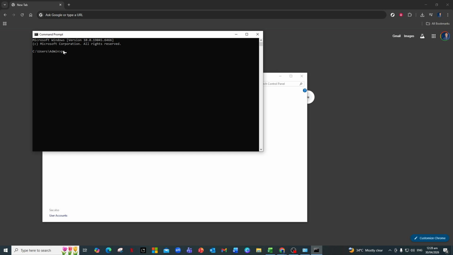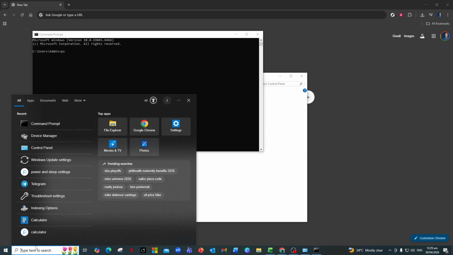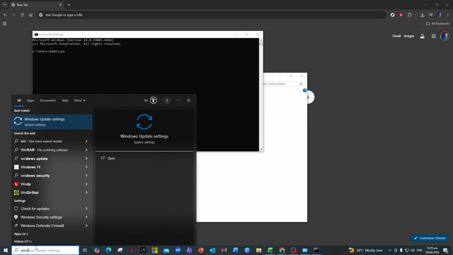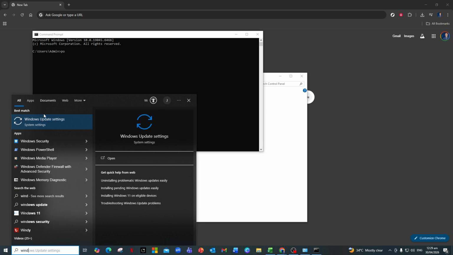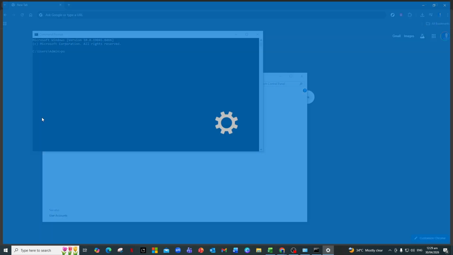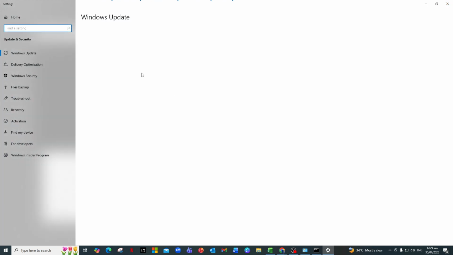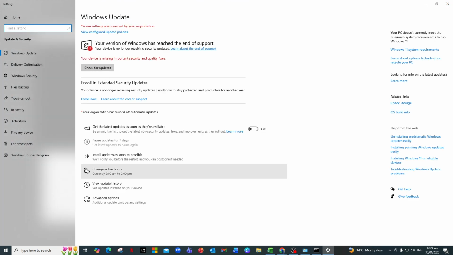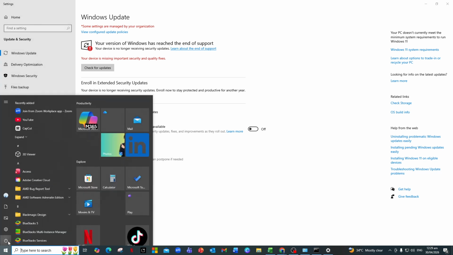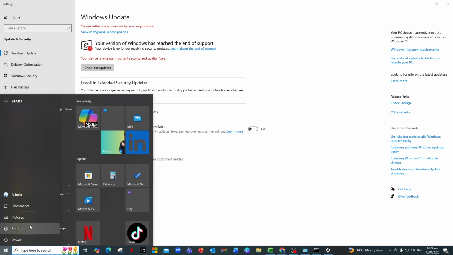Finally, make sure Windows and your drivers are up to date. Go back to Settings, open Windows Update, and install any pending updates. For display and chipset drivers, use your PC or motherboard manufacturer's support page and install the recommended versions. After these changes, restart your computer and then let it sit idle to test sleep mode. In most cases, these steps resolve the common sleep problems on both Windows 10 and Windows 11.